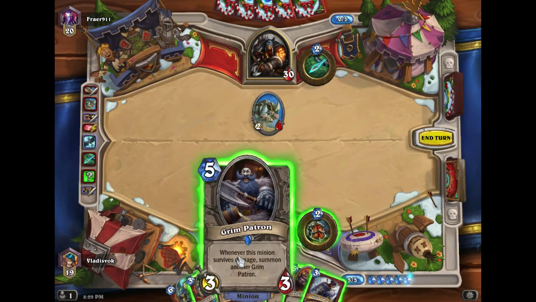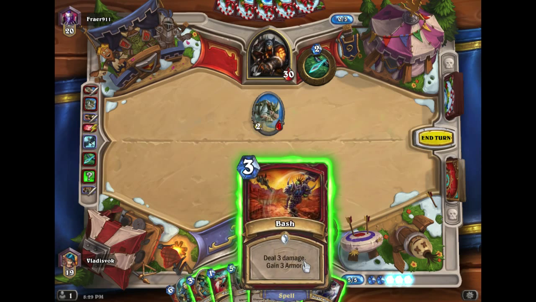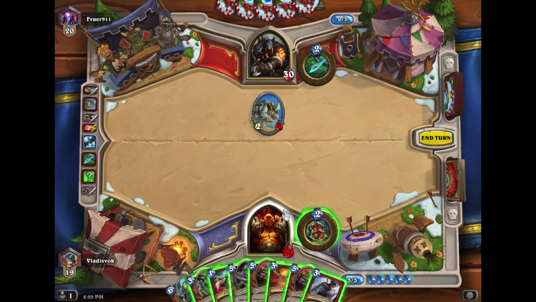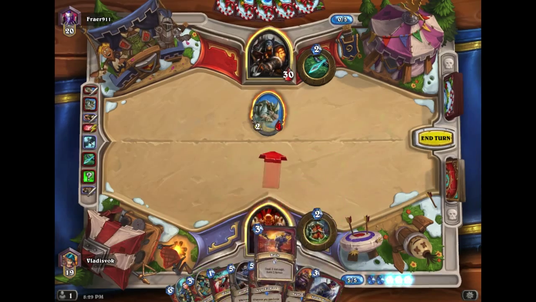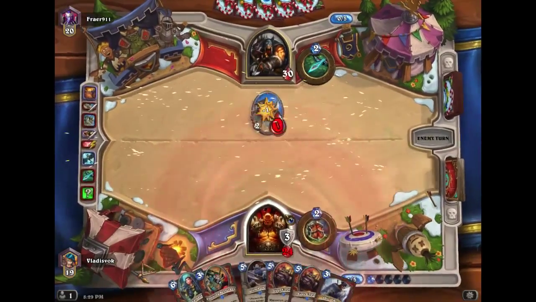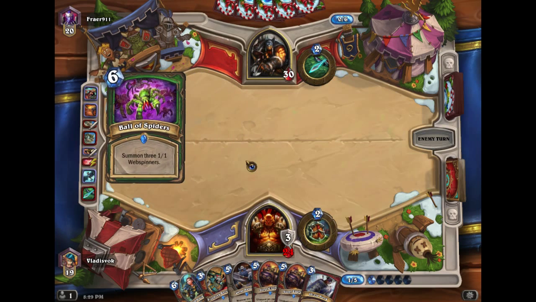what's my follow up? Grim Patron Whirlwind or Frothing Berserker? What now? It's just what I was thinking. I really don't want to get overrun by beasts. If he's running Tundra Rhino, he must have a reasonable number of...